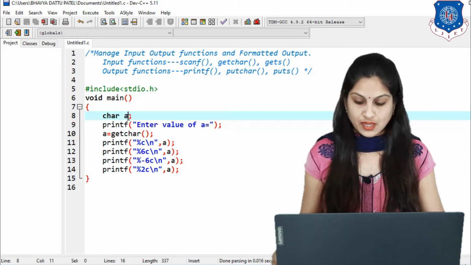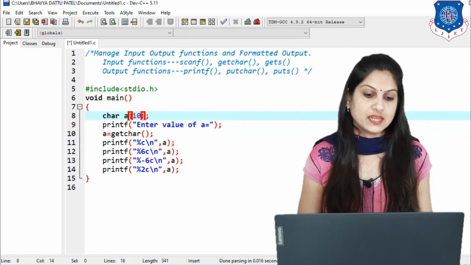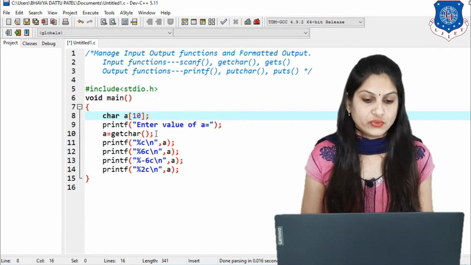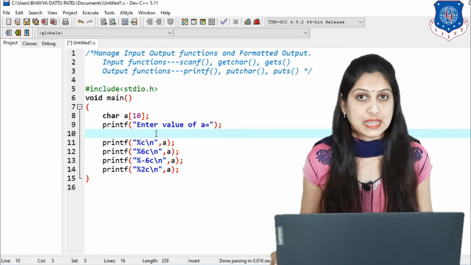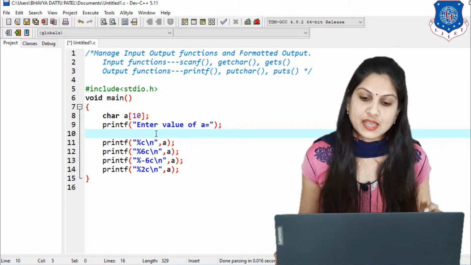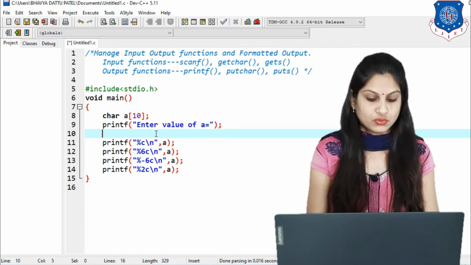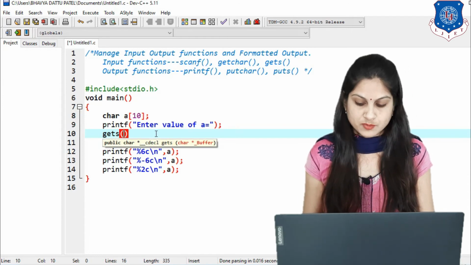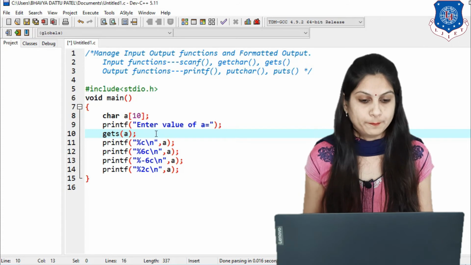array. Clear? And for that we are using how many numbers? 10 numbers inside my string. So first you can use scanf function also, and also you can use gets function. First I am not using scanf function here, directly we are using gets function to read the string. So here write the function name gets, and inside it just put the string name, that is suppose A.